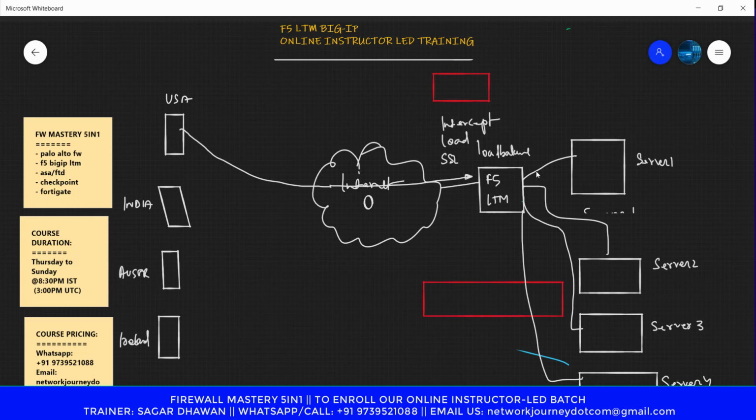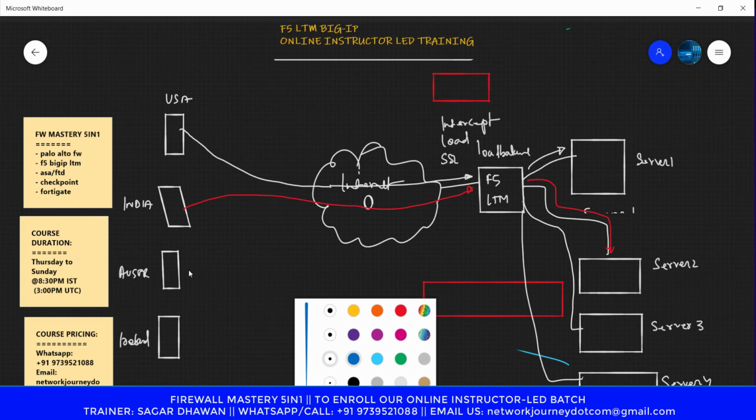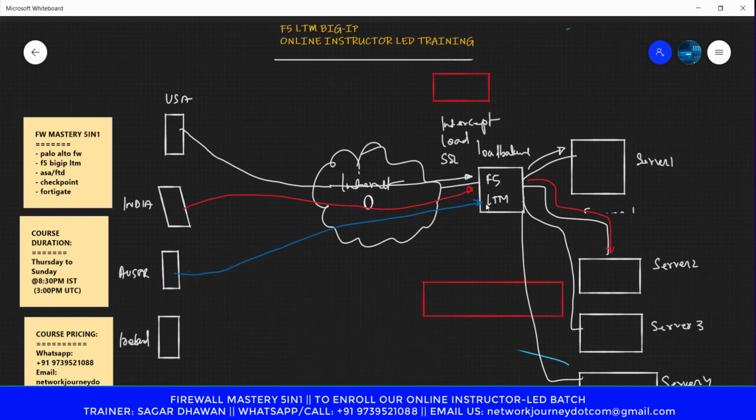Now what F5 does is F5 will send the first TCP connection to the first server. Now let's say the traffic is coming from India. Now F5 is going to push this to server 2. Similar way, the next traffic comes from Australia. Now the traffic is sent to the third machine, that is this server. Similar way, finally, the last traffic which hits the F5 LTM will be taken to server 4. Okay, so your first connection, second connection, third connection, and fourth connection.